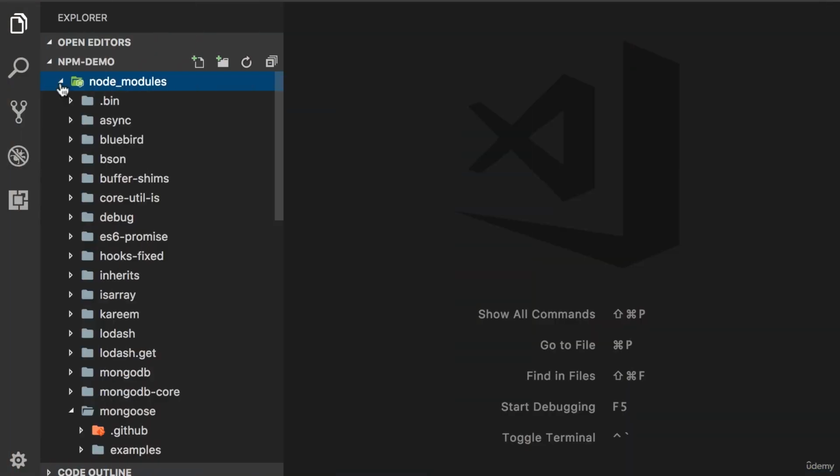We have quite a few folders inside of the node modules. Now, this is a very simple application. In a real world application, we're going to have lots of folders here, and the size of the node modules folder will grow significantly. In fact, in a real world application, your node modules folder may be a few hundred